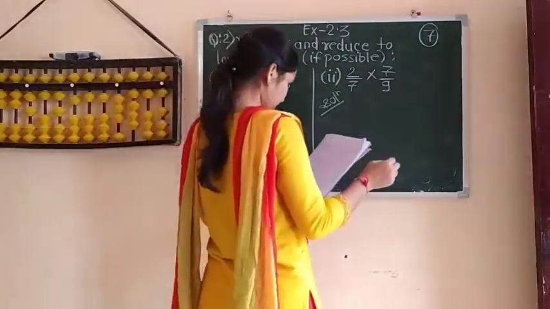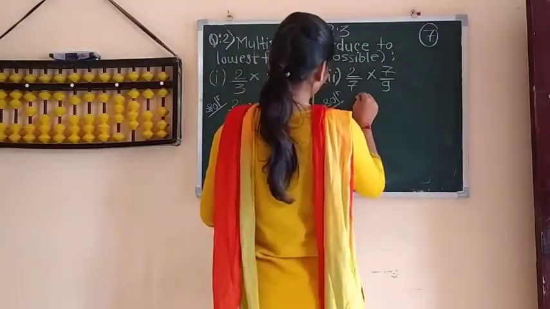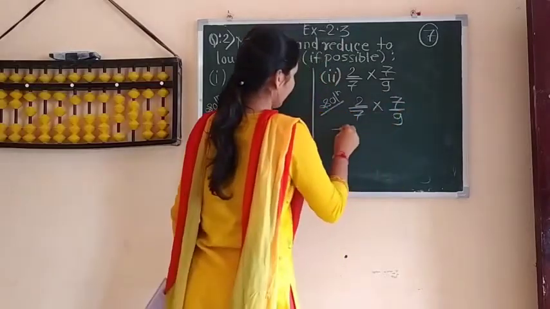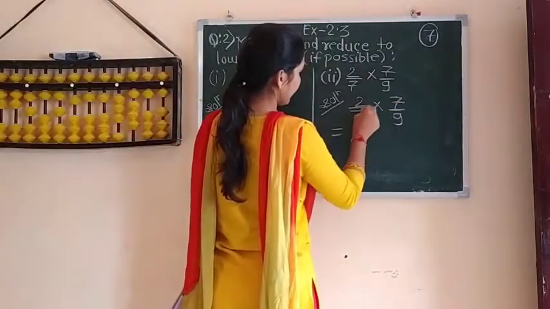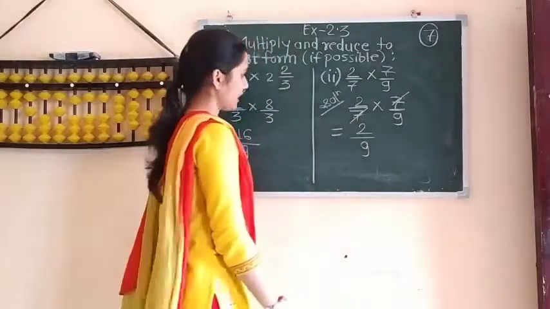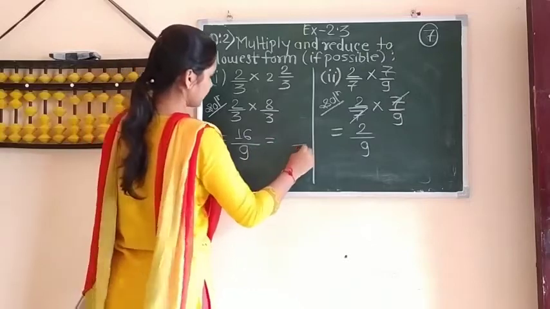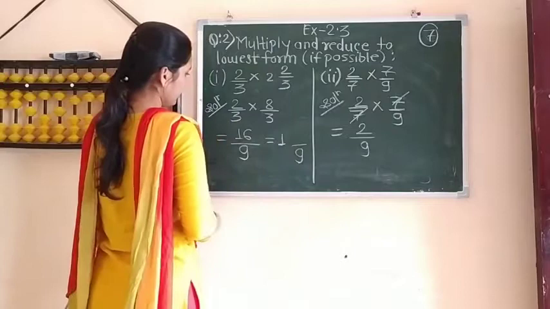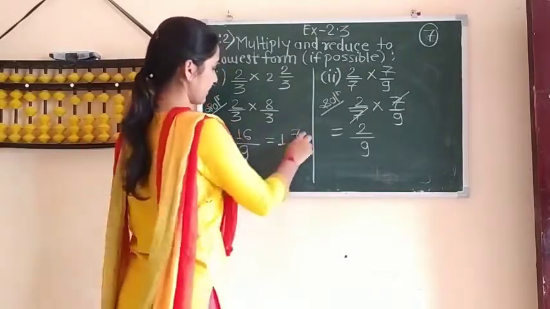So leave it as it is. Now next. 2 by 7 multiplied by 7 upon 9. Okay. So solve this, or see here you can cancel this 7 by this 7. So what will remain here? 2 by 9. So this is the answer. And here if you want, you can convert it into a mixed fraction. 9 ones are 9 and 9 plus 7 is 16. So 1 7 by 9.